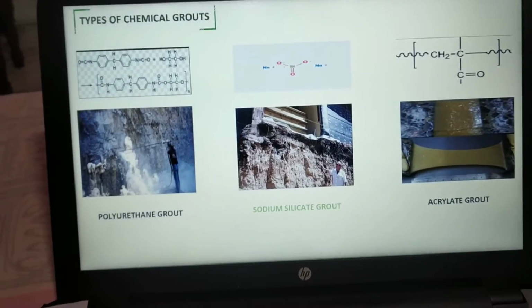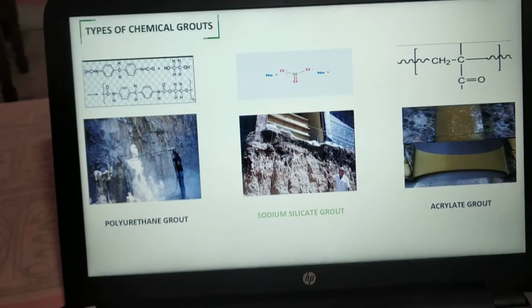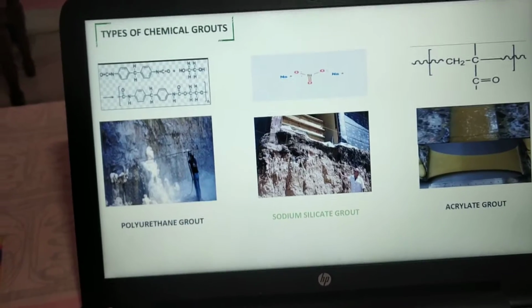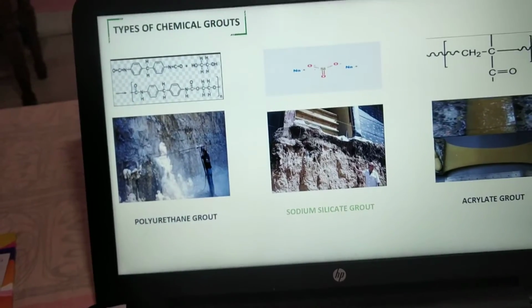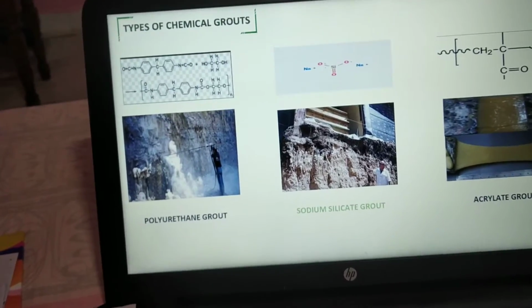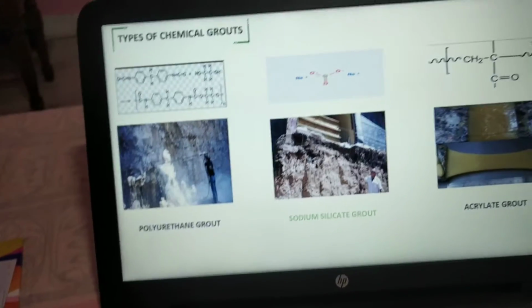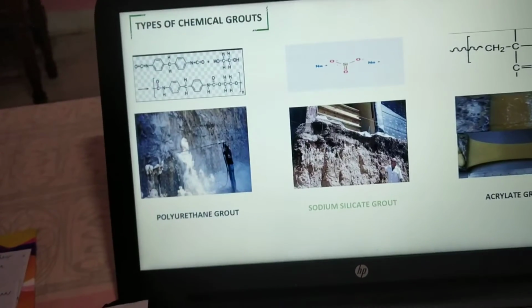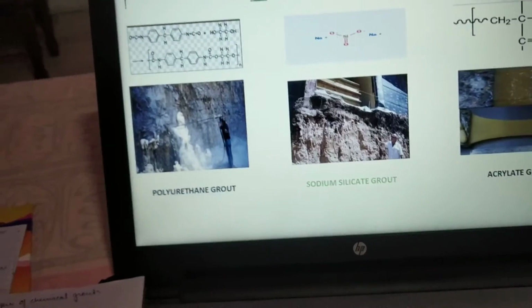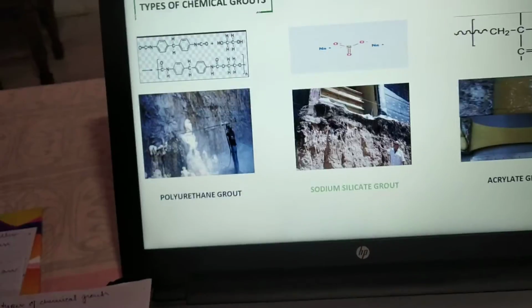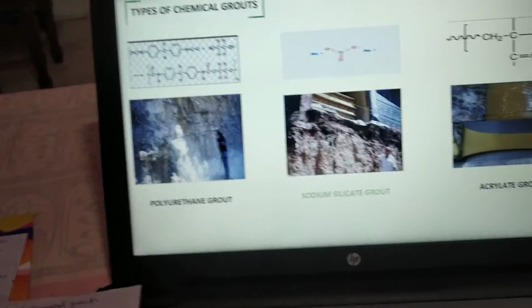So a polyurethane grout is generally something which comes with a very short settling time, and they are basically used to seal off the rock masses and are best suitable for permeation grouting. And they not only work for smaller voids but work well for the larger voids, as you can see in the figure itself, that they have a foaming nature. So the settling time itself is very less.